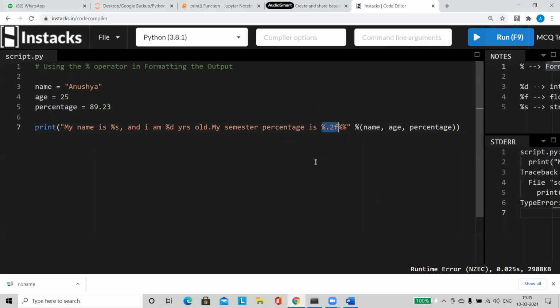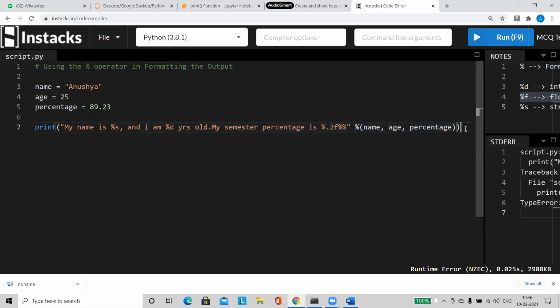percentage symbol. So always remember, you should make sure that this is in a proper order, because the first value goes to the first format, the second value goes to the second format, and the third value goes to the third format. Otherwise, your output is going to be all in a problematic manner. So this is another important thing you have to remember. And this is the way in which I will be using my formats.